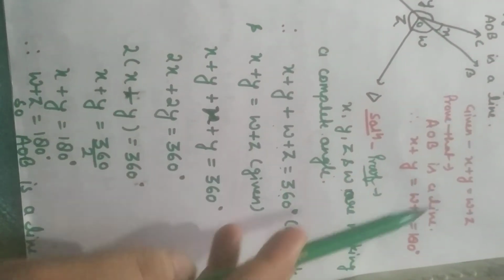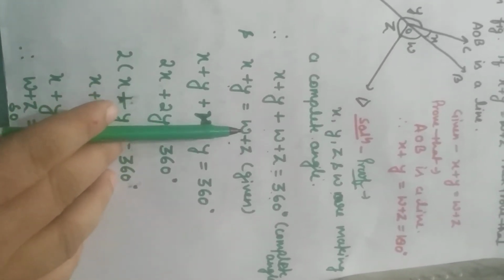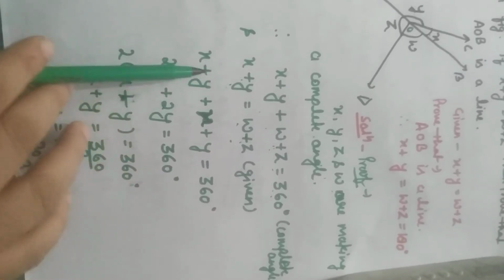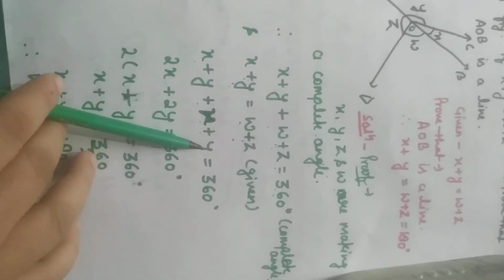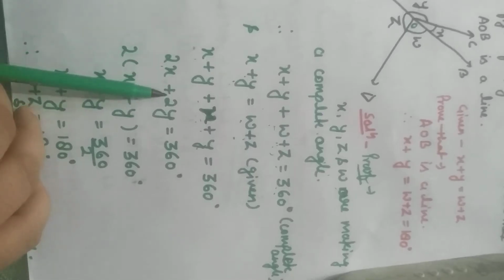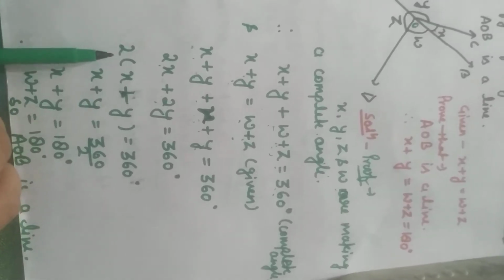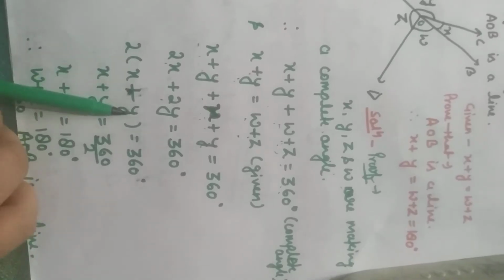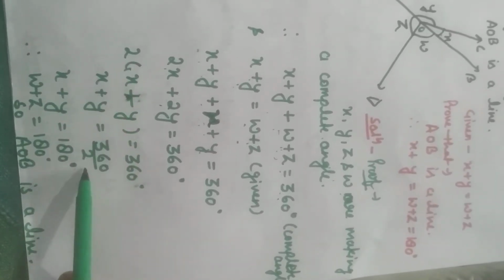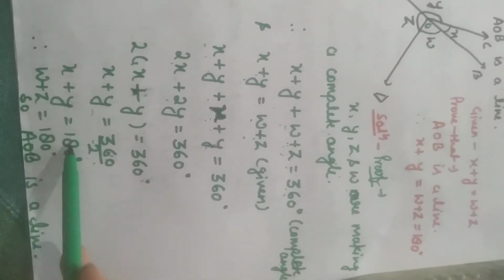And it is given in the question that x plus y is equal to w plus z. So in the place of w plus z, in this equation we can keep x plus y. So I am keeping x plus y plus x plus y. In the place of w plus z, again I am keeping x plus y. x and x make 2x, y and y make 2y, is equal to 360. Taking 2 common, what is remaining? 2 times x plus y is equal to 360. Here 2 is multiplying, when it comes to the other side it will divide. Then x plus y is equal to 360 upon 2. So x plus y is equal to 180.